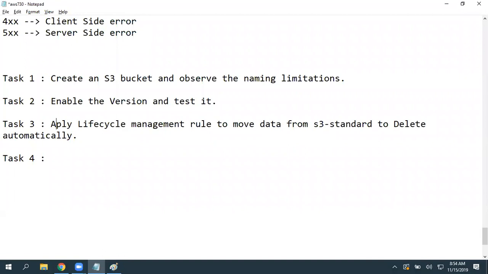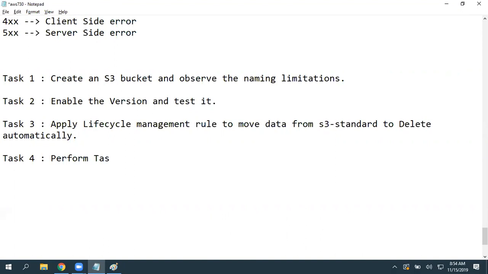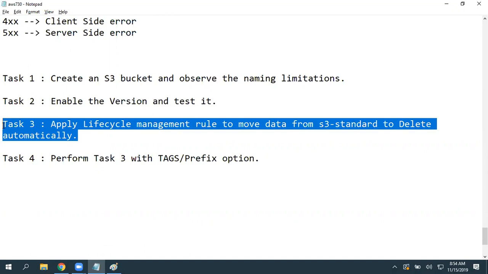Same, perform task 3 with the tags or prefix option. See here, if you go directly, it is going to be applicable for the entire bucket, right?